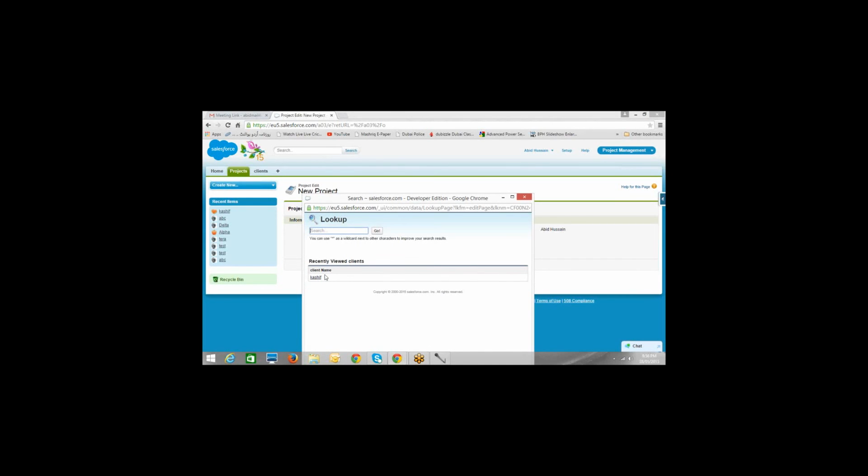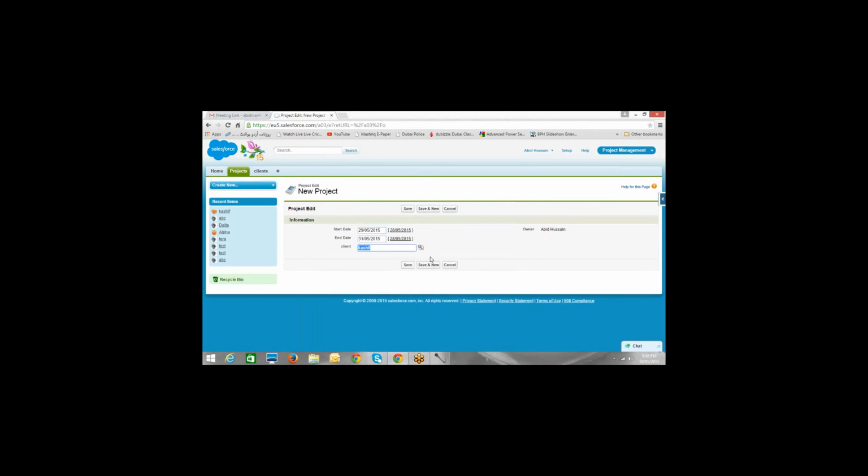That's it. Now you can connect it to any of the client record that you have.